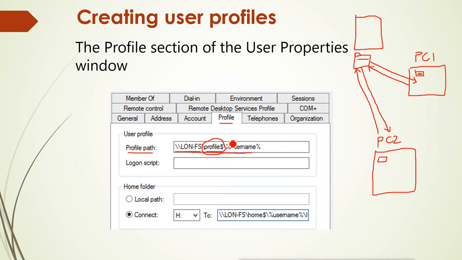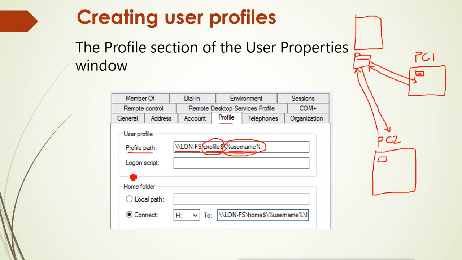And then instead of giving the username, we added this tag. It is actually a tag. It will automatically create the username here. So the directory will be created as a username, and it will store into this directory, which is in the share directory, and we can create multiple users' profile paths.